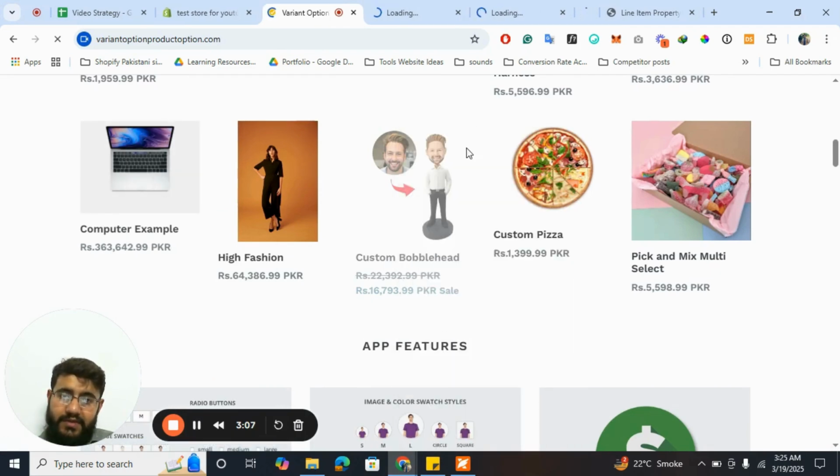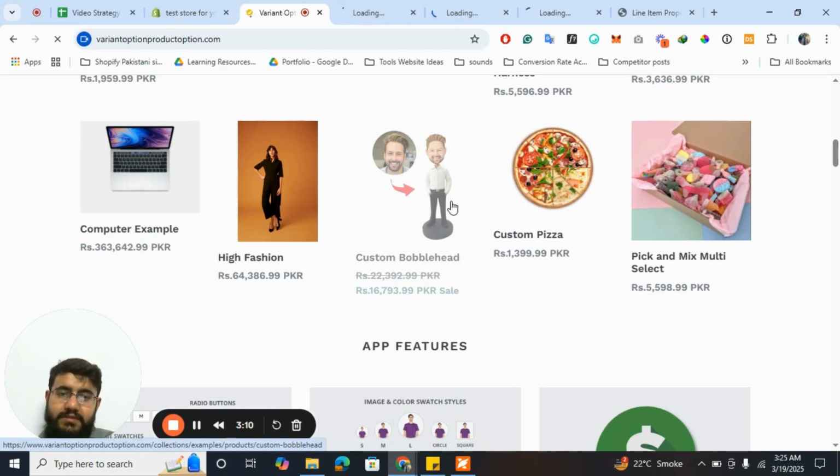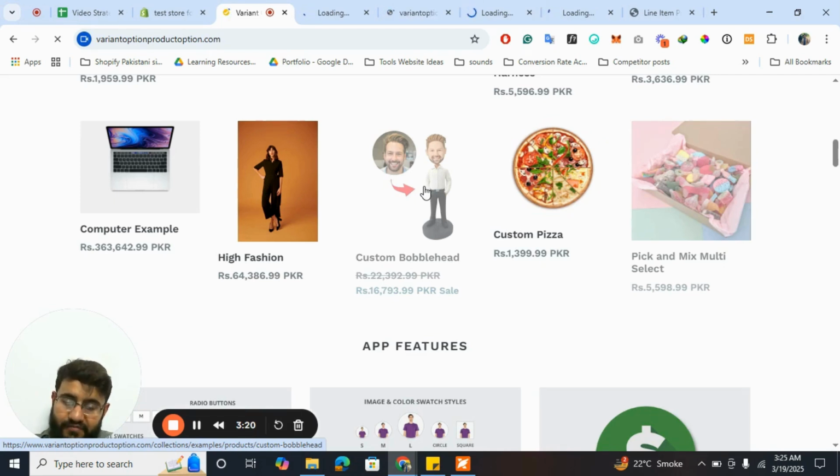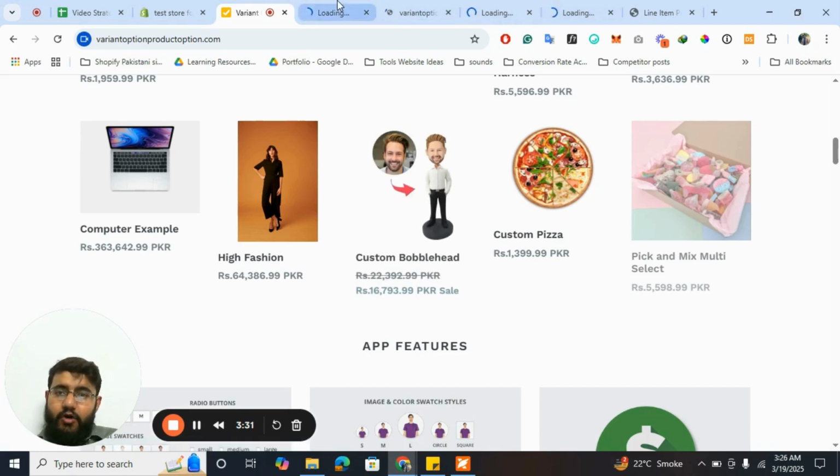Again, if you have a computer related store or tech store, obviously you will need a lot of options. You can create all the options in this app, and if you have options like pick and mix or multi select, you have the template created. This is something I really like about this app, that you have an idea what fields exactly you need to create for your niche, because sometimes you're confused about what fields your client actually needs. So if you see all the options,